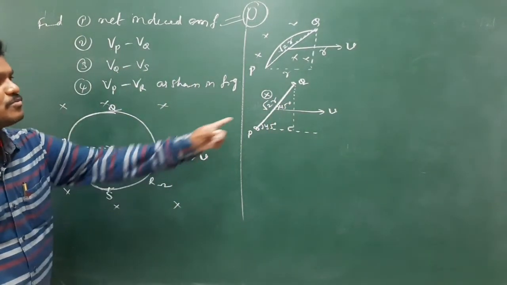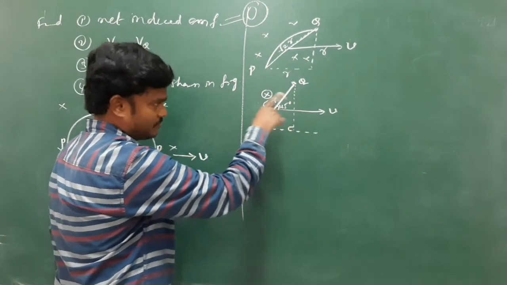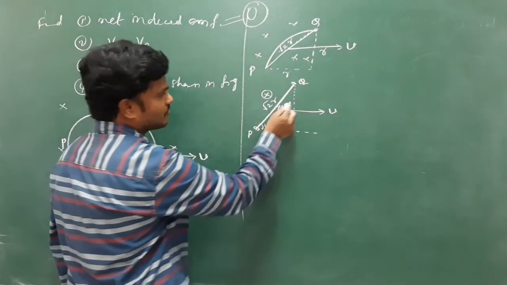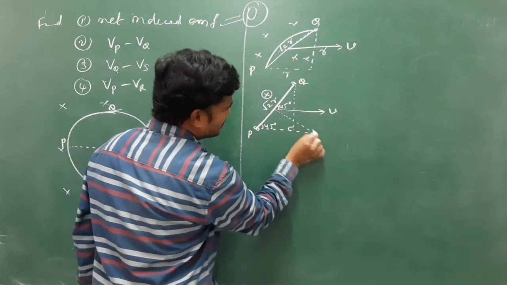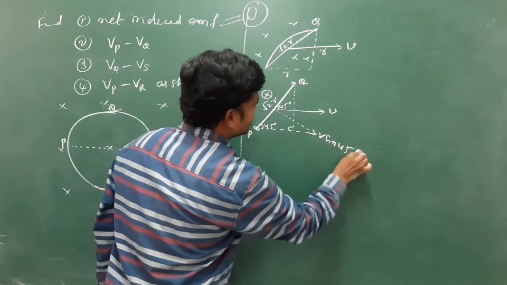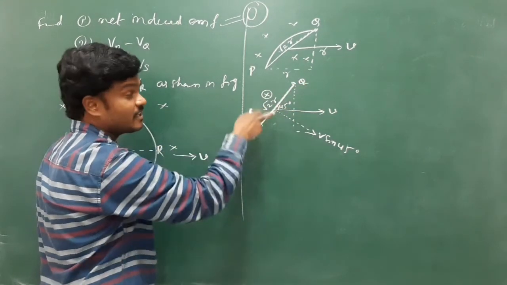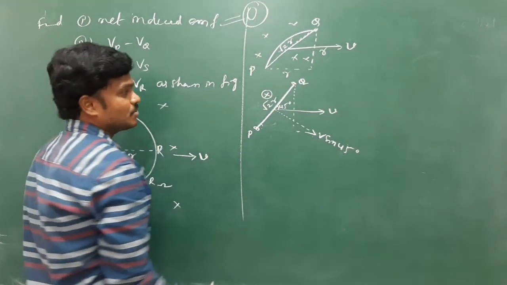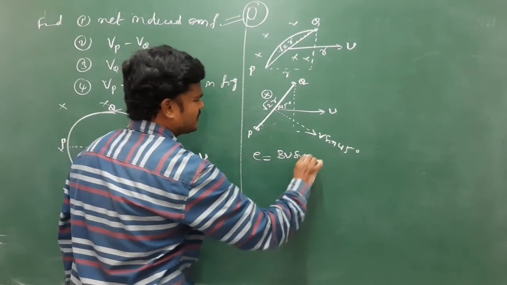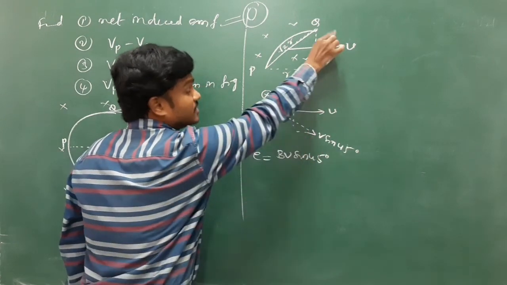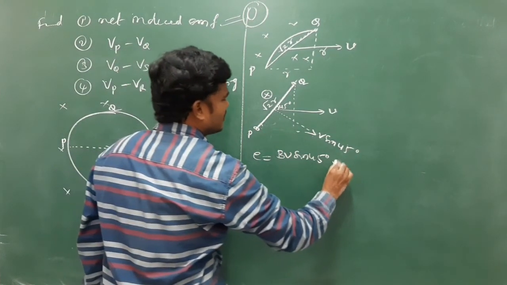So resolve v, the motion of the conductor, into components. So v, and see, this is v cos 45, and this is v sin 45. This is like a rod moving with a certain angle theta, like BVL sin theta. So how much is the EMF? EMF is equal to B V, where V is V sin 45, and V cos 45 is the parallel component of the length, so no need to write. So BVL. What is L? L is root 2R.